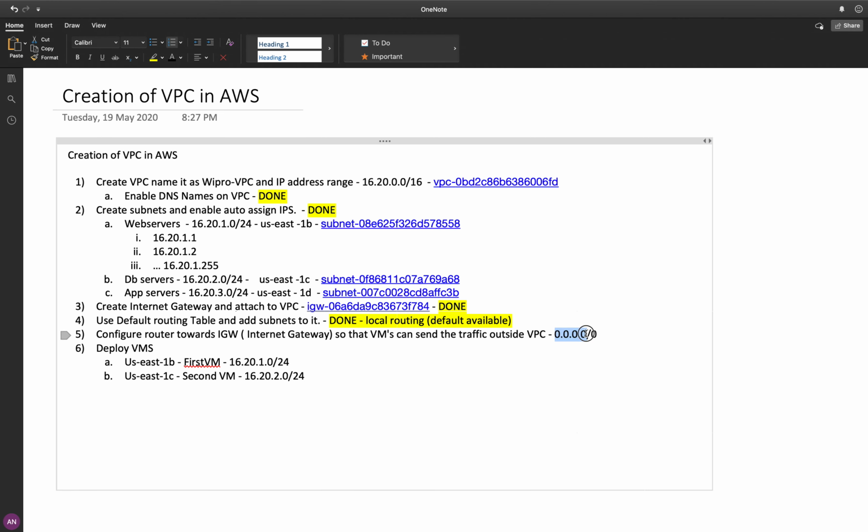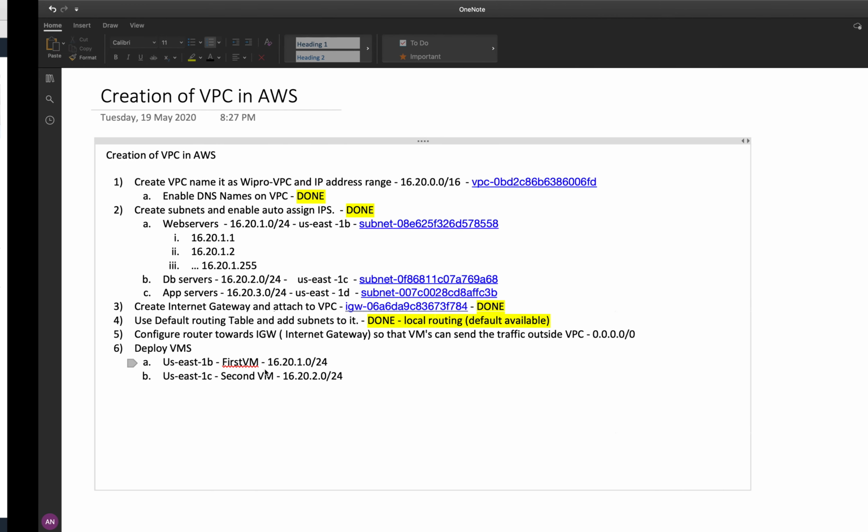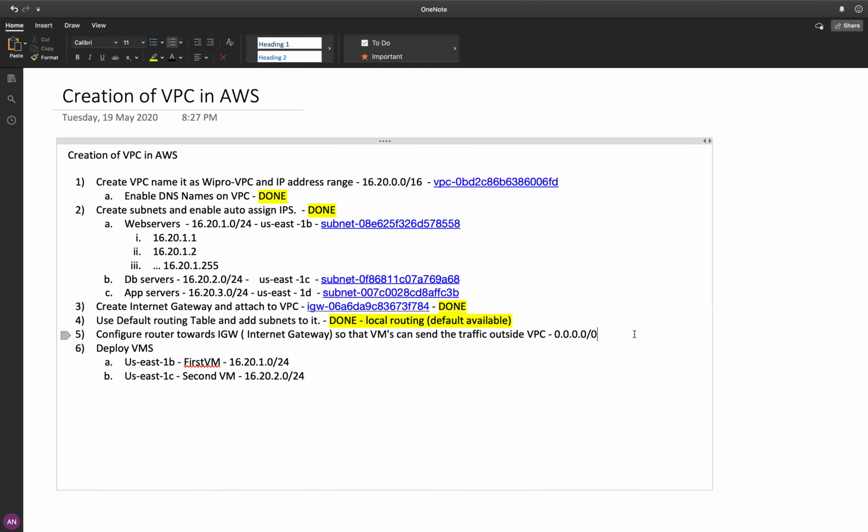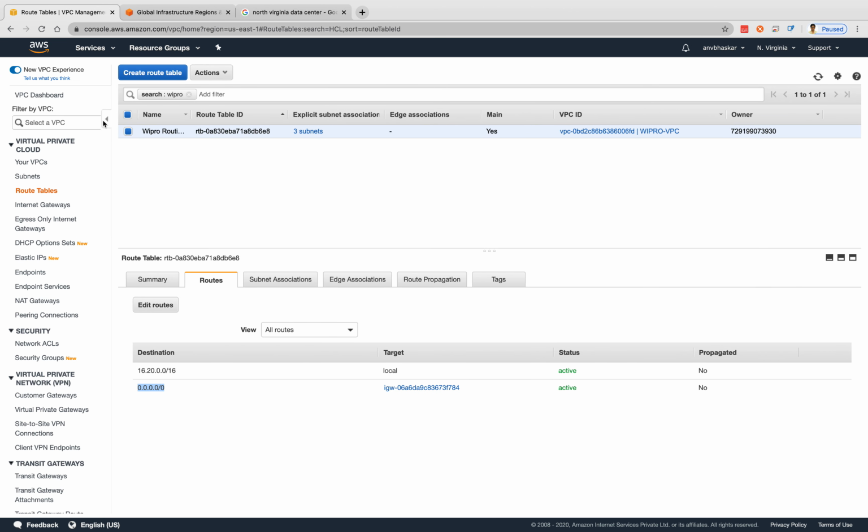If you don't give this one, you can't enter inside your virtual machine itself. Okay, so now quickly we'll create a virtual machine. This step is done, and I hope this step is also done. Now the last step, first virtual machine. How do you want to go? VPC, subnet, routing, gateway. Click on AWS resources.